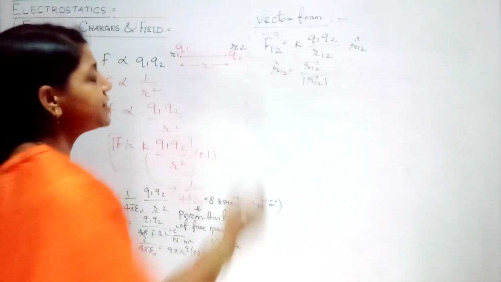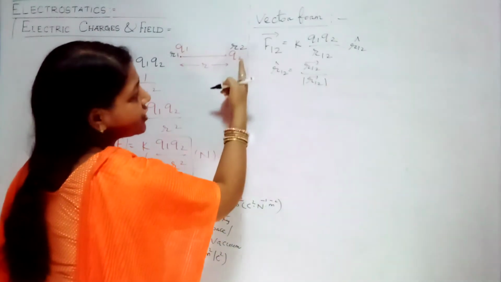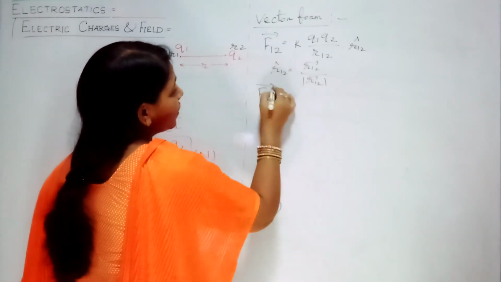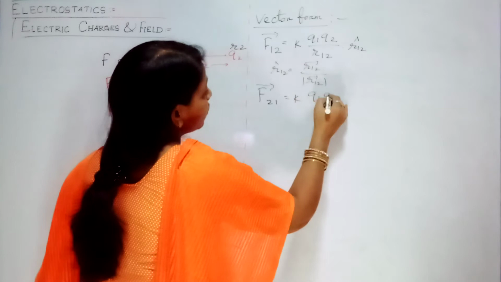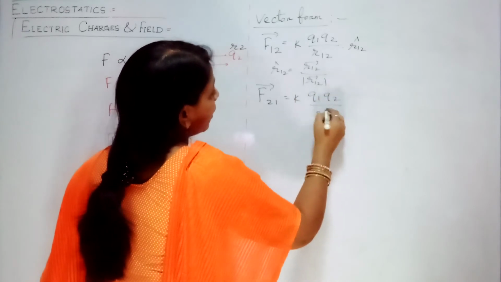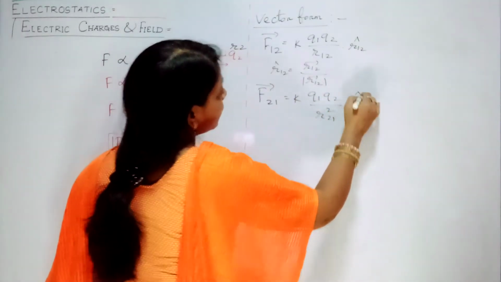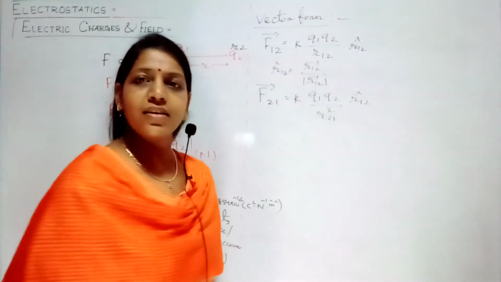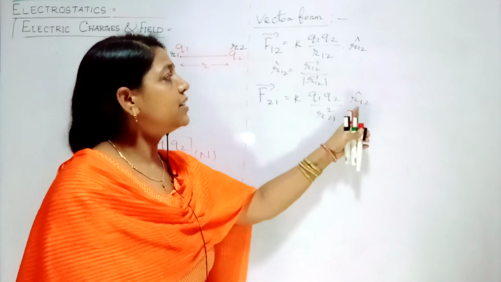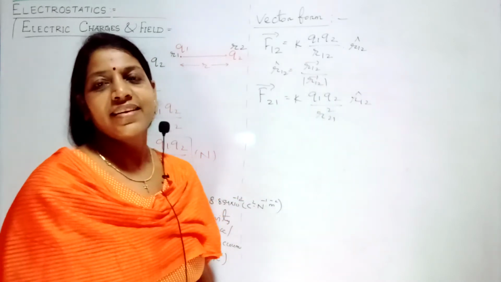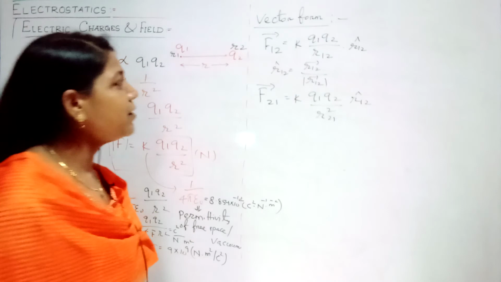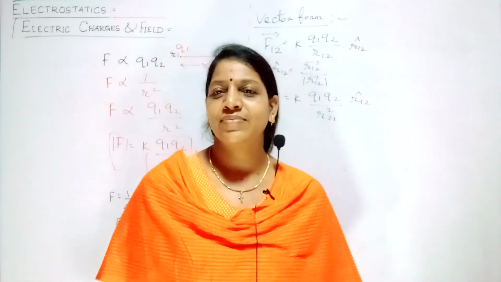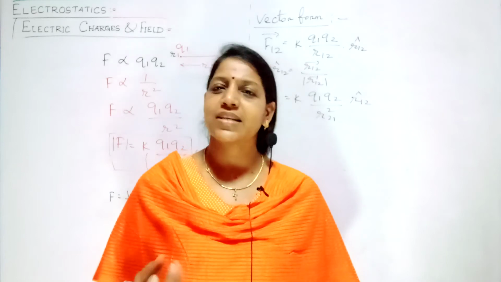Similarly, what is the force experienced by charge Q2 due to Q1? What will I write? F21 vector equals K Q1 Q2 by r21 mod square into r21 cap. Anyhow, this is a mod, since you are taking the square, it is the magnitude. This only you need to take care of. Now here I will tell one important concept. There is lots of confusion about this vector representation, in the CBSE textbook also, and in some state boards.